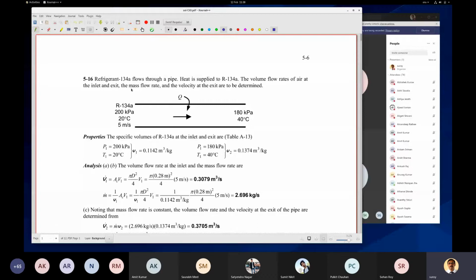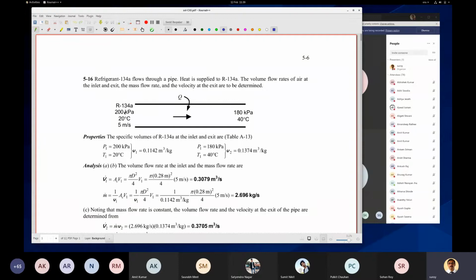Like you have water and steam, you also have refrigerants, refrigerant 134A. Here also you have liquid and vapor. When it evaporates, it becomes vapor. So you can imagine that dome, and you can assume the constant pressure lines, the constant specific volume lines, and the constant enthalpy lines. They are all given as a diagram or in tabular form in the books.